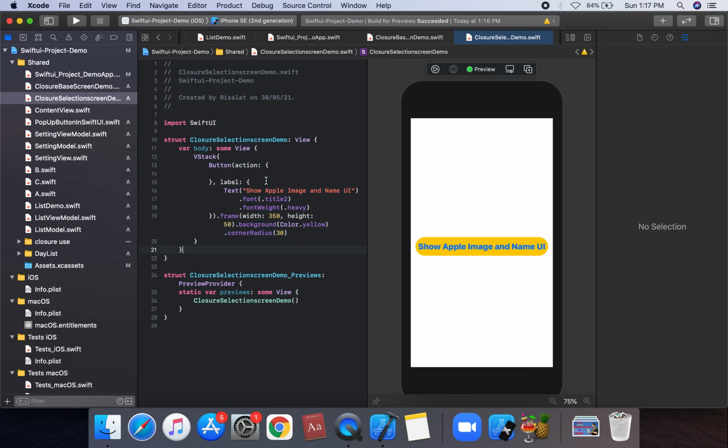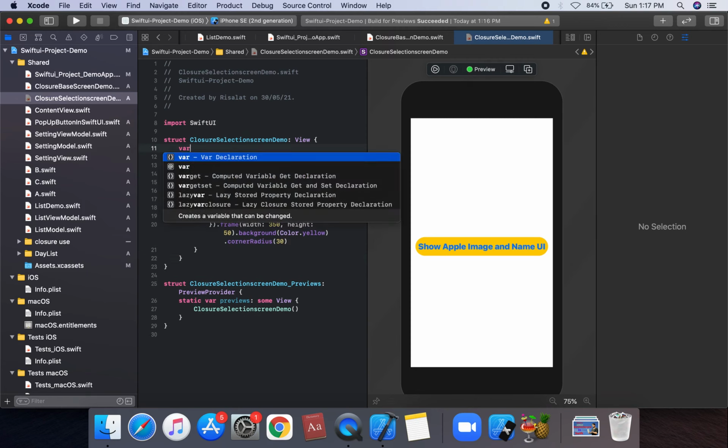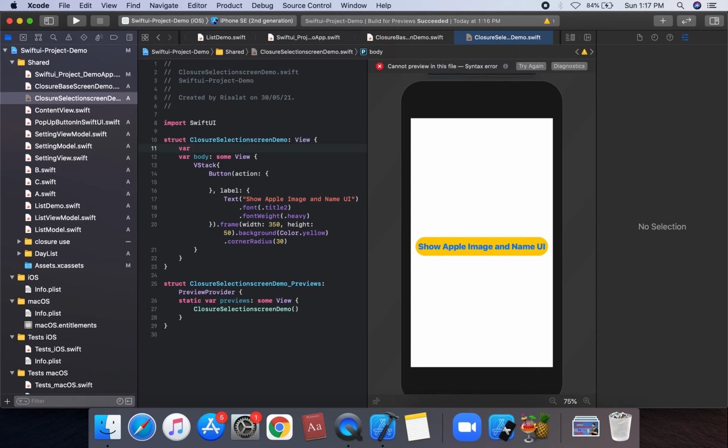So firstly, today I am going to discuss closure by using SwiftUI. So we can create two closures. First, we can create a closure which has a parameter of type string but no return value, which has a parameter but no return. We can get a completion handler